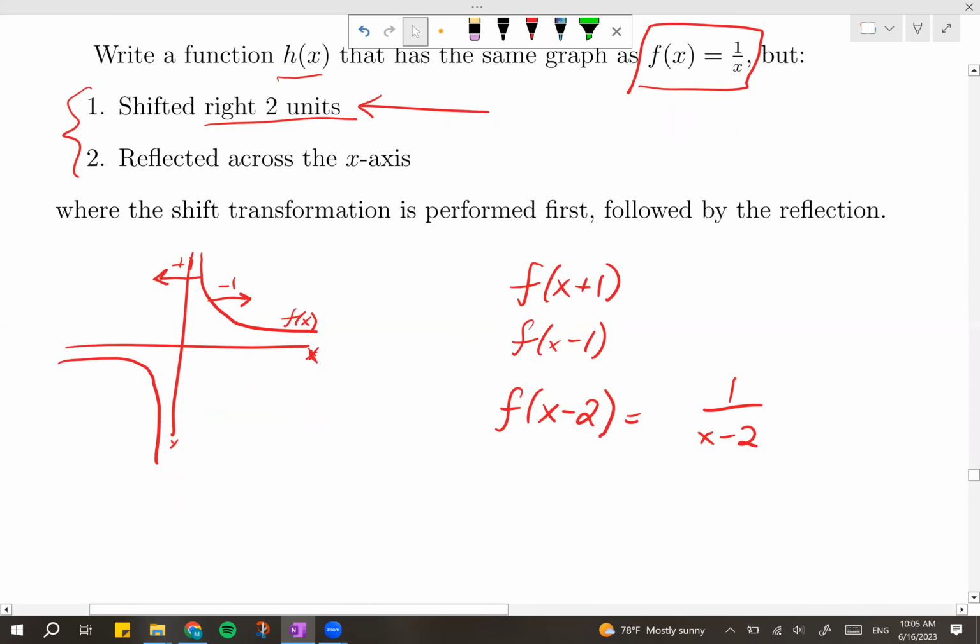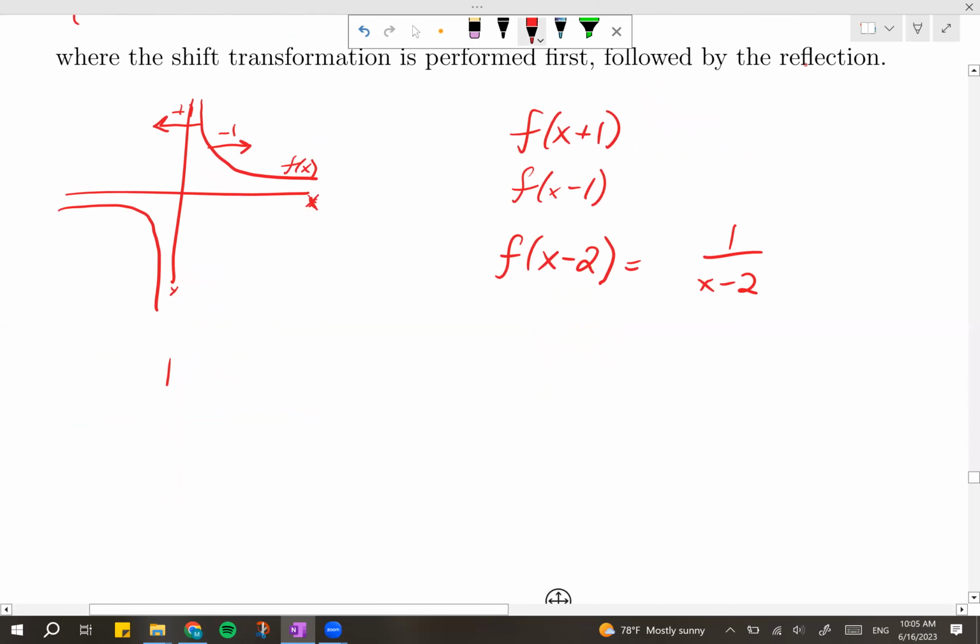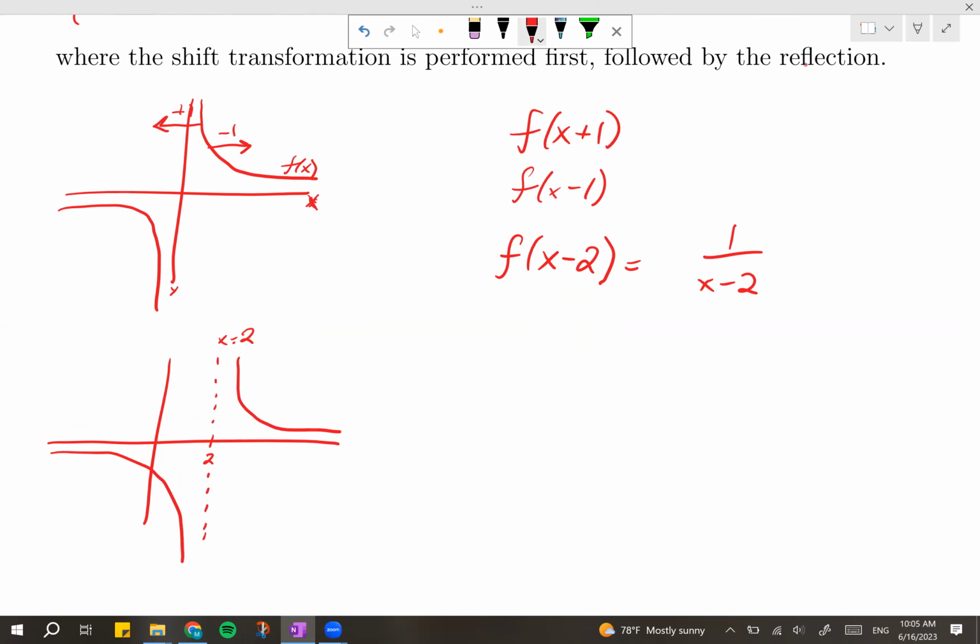So this is going to give us something that looks like this. Our vertical asymptote is x equals 2, and we're going to get something that looks like this. All right. So when we've done that,